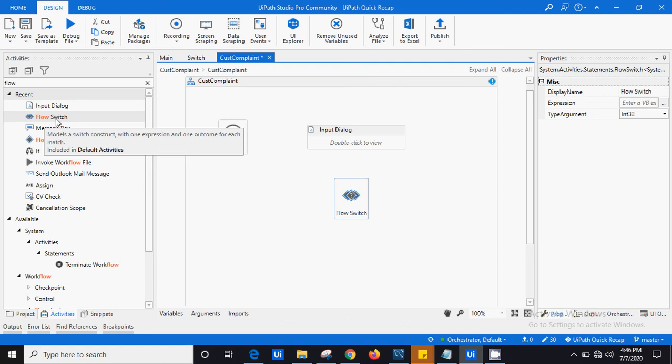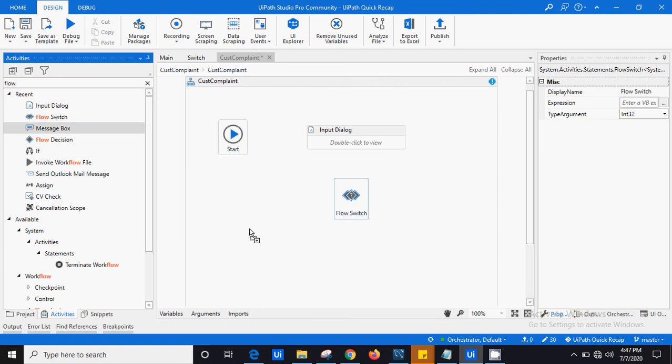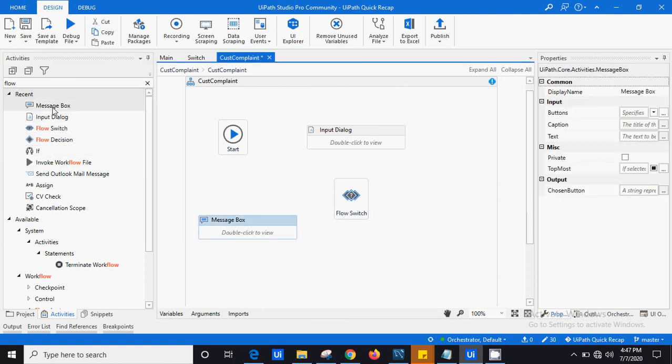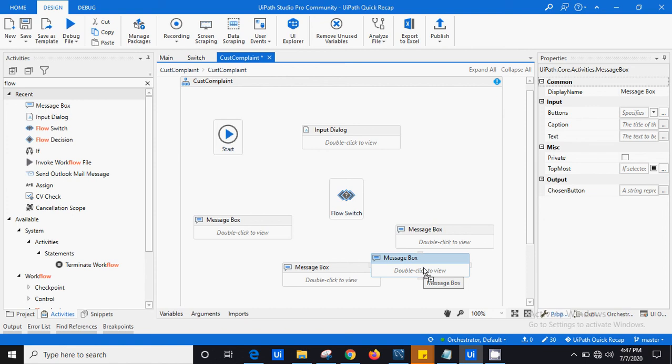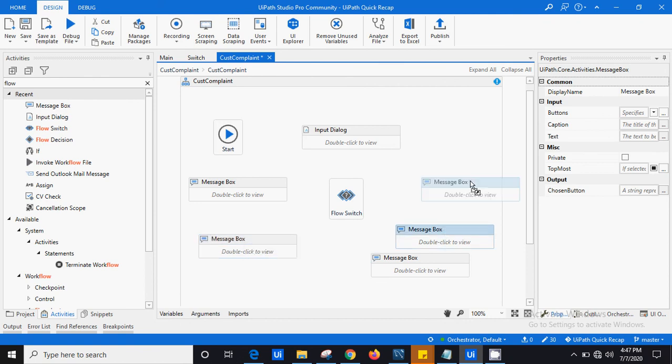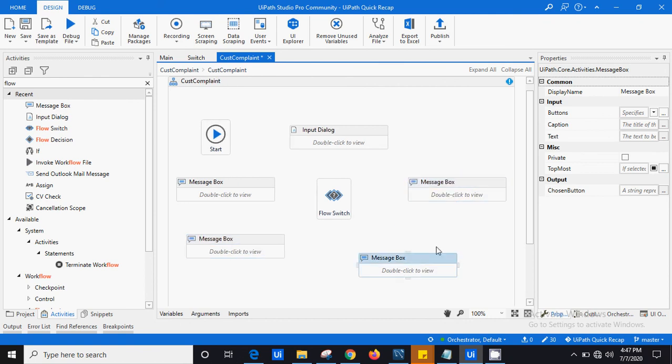Let me use a couple of message boxes in order to understand this very quickly. And you should know that if you use a switch case, there should always be one default construct. So this is a default, right?